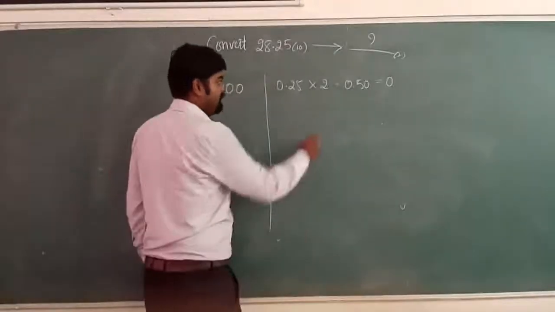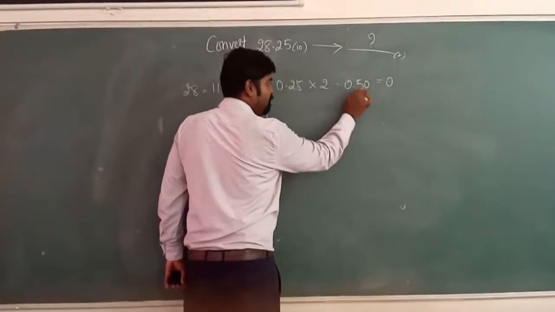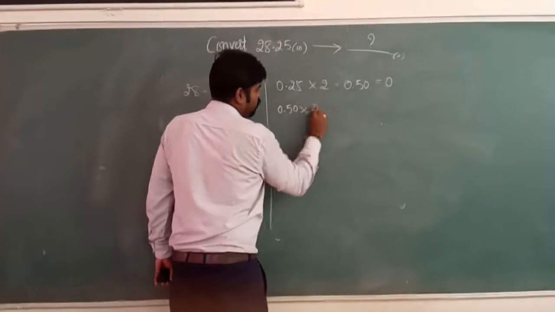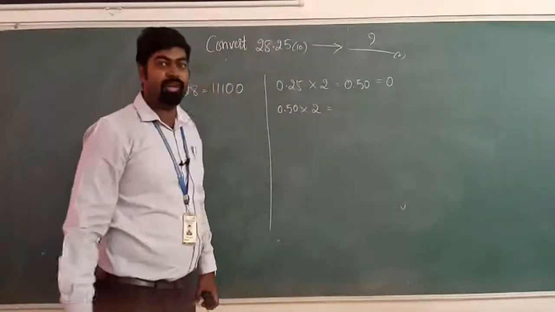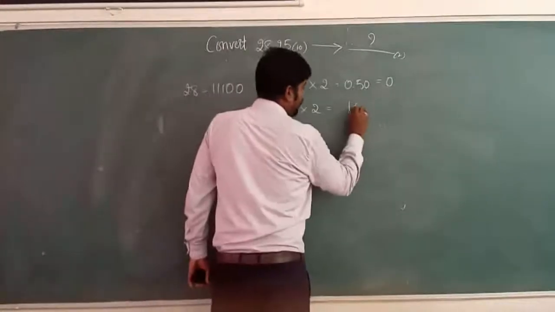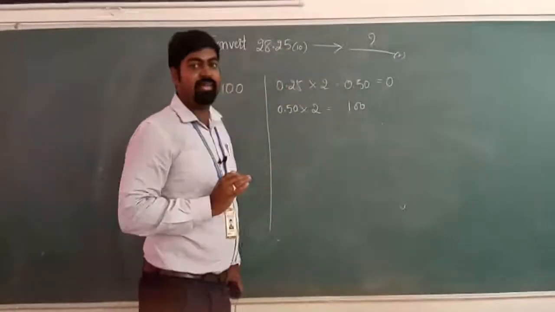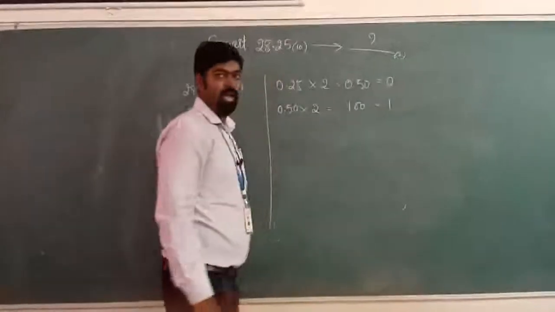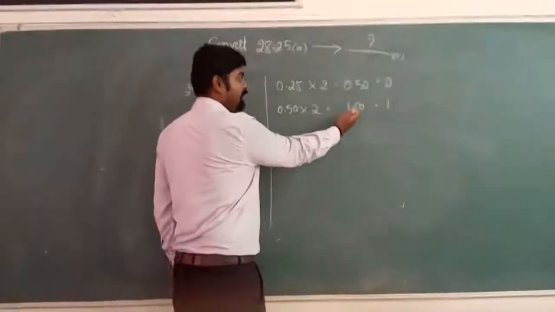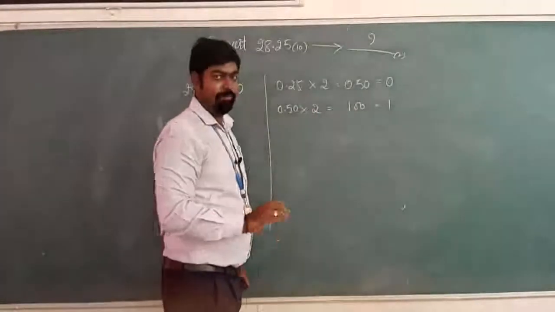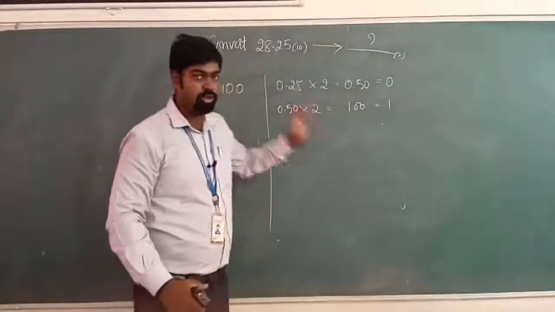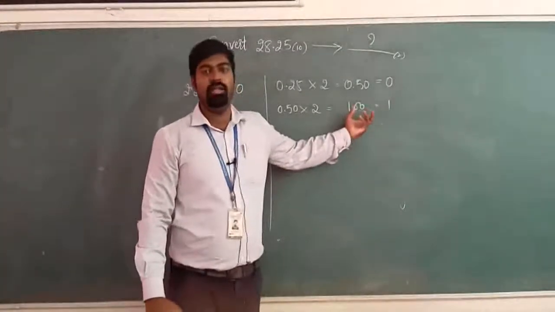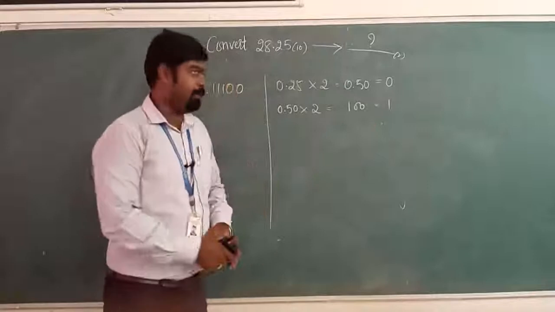Alright. Next, multiply only the fractional part by 2. 0.50 into 2, what is 0.5 into 2? It is 1.00. Now what is the integral remainder in this particular result? It is 1. Keep this 1 apart. Even if you multiply 0 by 2, it will be 0 only. So we need to stop the multiplication once we get 1.00 as the product. Until then we need to go on multiplying.